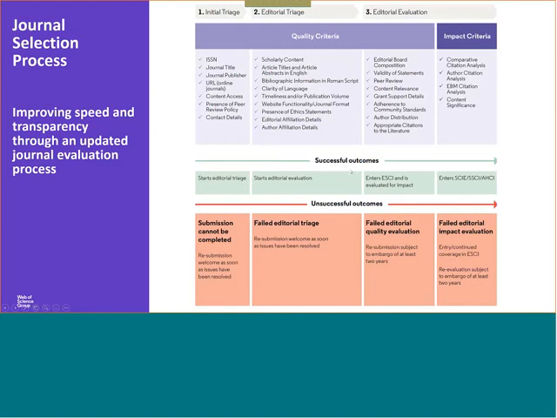If there are any journal editors on the call, and you're keen to know about the quality criteria and the impact criteria, these are the ones. We have the 24 quality criteria right here in the light purple, and then you have the impact criteria, which are these 4 in the dark purple.